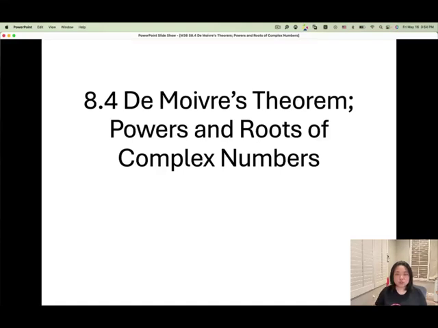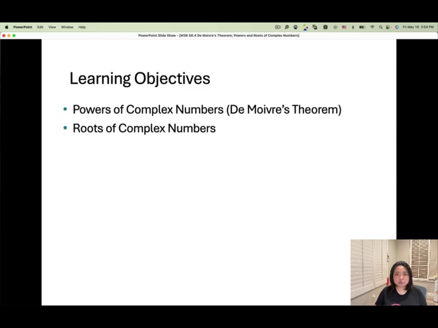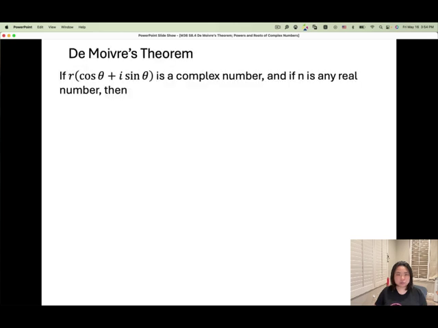Section 8.4: De Moivre's theorem, powers and roots of complex numbers. De Moivre's theorem: if you have a complex number stated in the trigonometric or polar form,